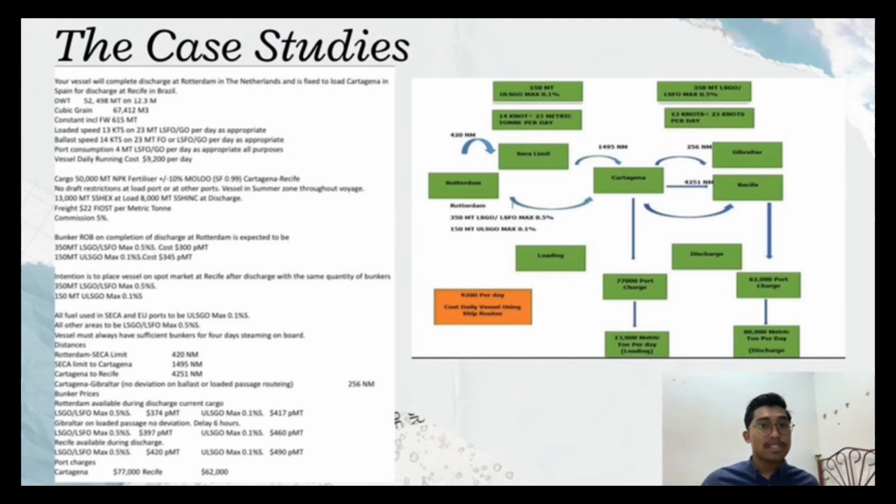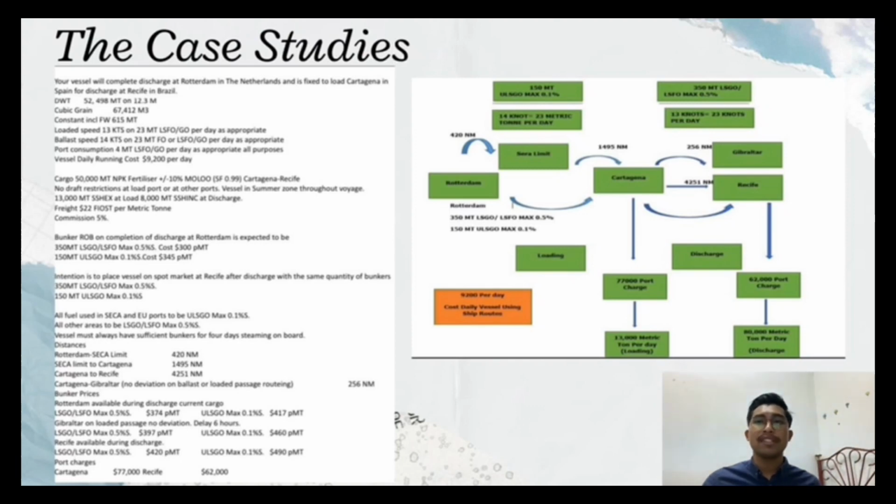The passage also mentions that the vessel will need to carry sufficient bunkers for 4 days of steaming on board and provides information on bunker prices and availability at various ports along the voyage. There is also information on port charges at Cartagena and Recife and on the distance between ports. Additionally, the passage mentions that the vessel intends to be placed on the spot market at Recife after discharge with the same